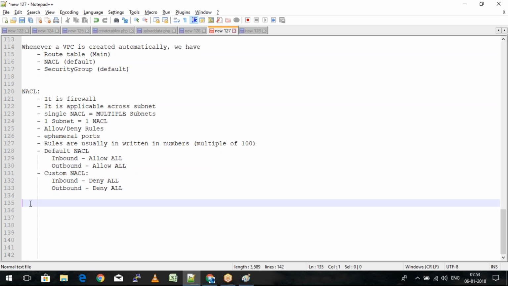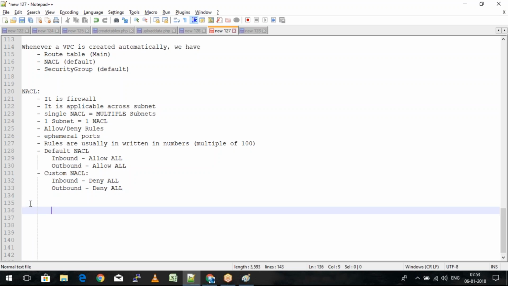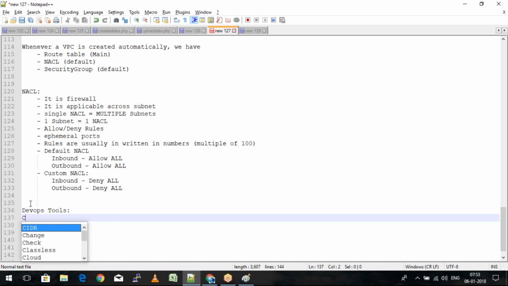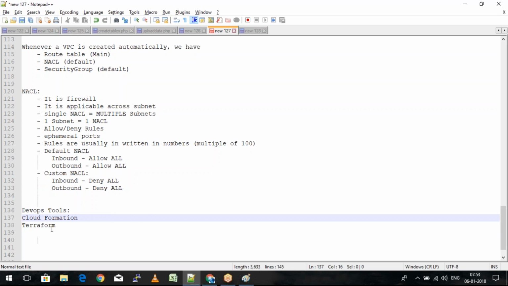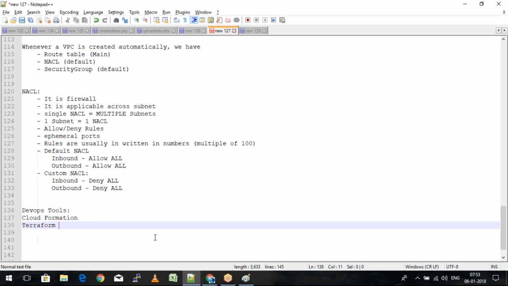Of course we can, but we mostly use DevOps tools, one of them is CloudFormation and the second is Terraform. Basically we write all the commands inside CloudFormation or Terraform, and it looks something like this. I'll just show you.